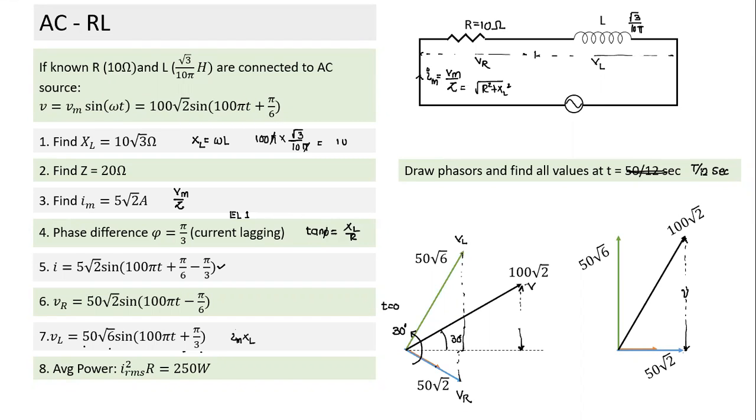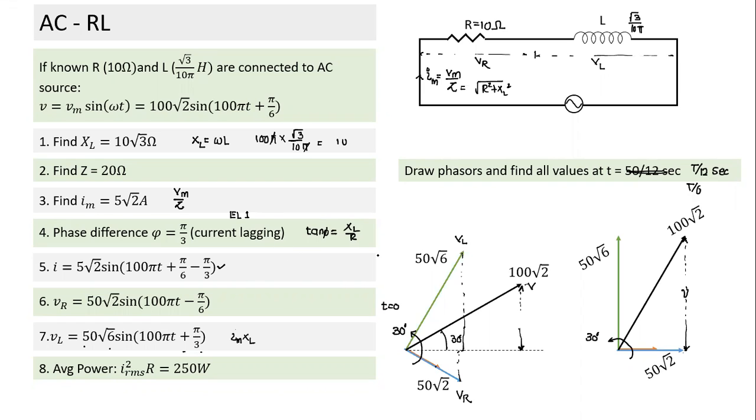So this is something I had done for T by 12. Similarly, if I had to draw T by 6, what will happen? Again, I rotate this whole phasor by another 30 degrees. And if I rotate this phasor by 30 degrees, we'll have new values of y coordinate, those new values of y coordinates of all the phasors. There are 4 phasors I have drawn here. All those phasors' y coordinates will give you the instantaneous value at this particular point of time.